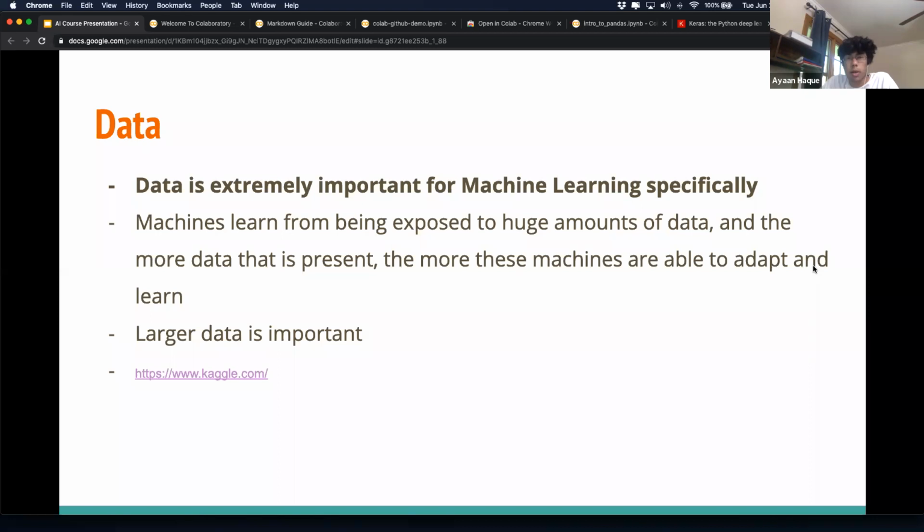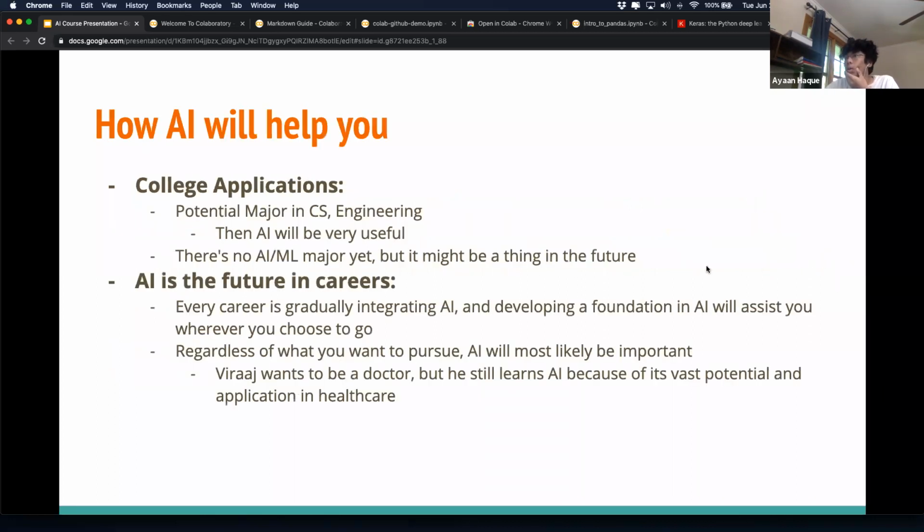Are there any other questions about what is AI? Like what is the difference between machine learning and AI, specifically what is deep learning? Any of those questions? Okay, I think we'll move on. Sorry, one last thing. Raj, do you want to explain this?